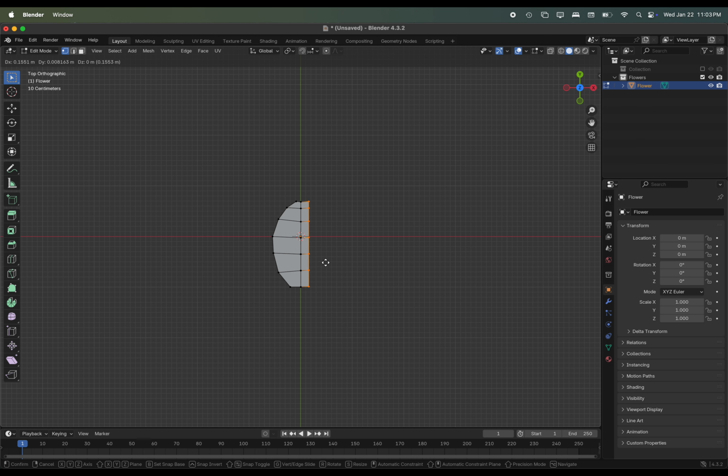I'm just going to press E to extrude and then X to lock that movement to the X axis. And I want to just decide how far I want this to come out. I want it to be fairly similar to the other side, and then just a left click to keep it. And then from here, I'm just going to move the vertices so that it's sort of mirroring